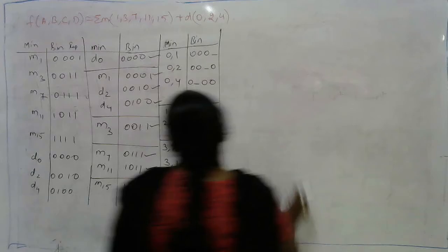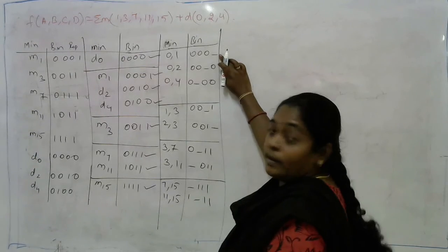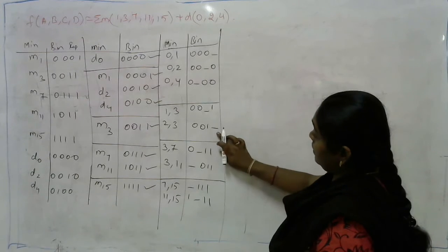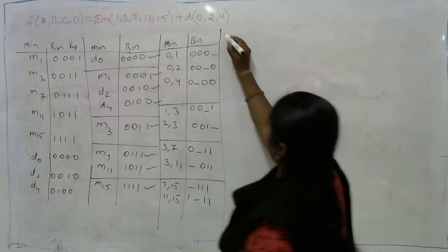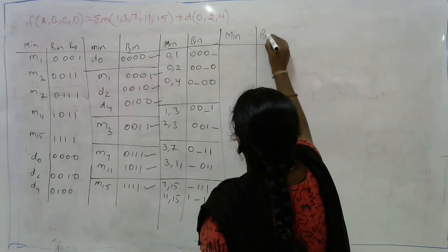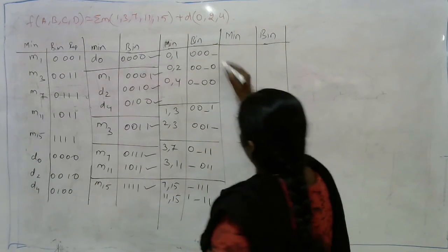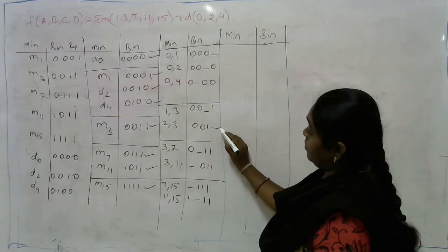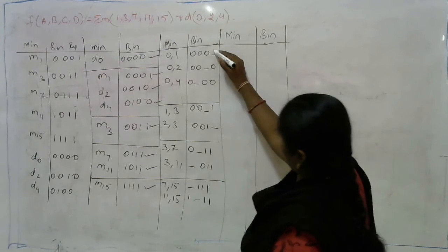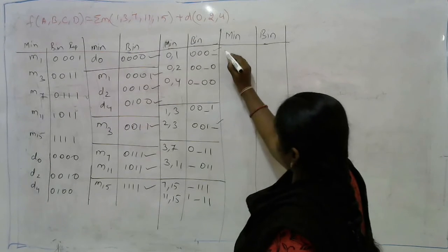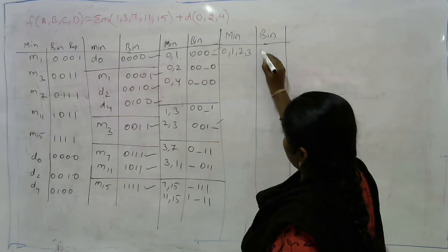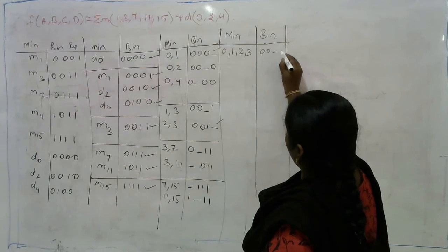Similarly, continue the same process. In this, here the blank is present at the last position. Check where the blank is present in the second. So here again I need to write down the corresponding minterms followed by binary representations. Blank is at the LSB bit. Here also blank is at the LSB. And there is change in only one bit position. So keep a tick mark at these two positions. 0, 1, 2, 3. The corresponding is 0, 0, dash, dash.